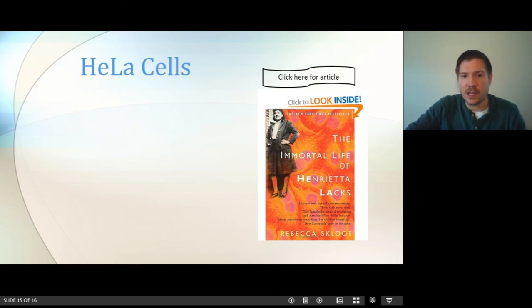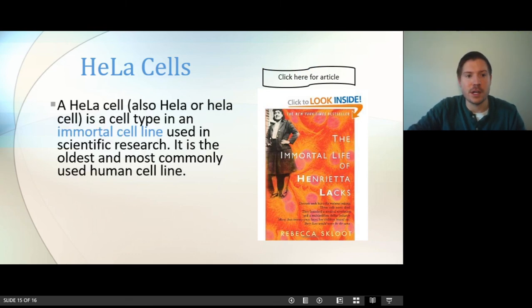One note here about cells and cell growth is a famous cell line called the HeLa cells, an immortal cell line used in research. When we say immortal, what that means is most cells, if you try to culture them in a lab, like grow them, will only divide so many times before they are no longer viable, or they will die, or they won't function properly. But we are able to turn these HeLa cells into an immortal cell line where even after many, many divisions, they would keep dividing and keep living.